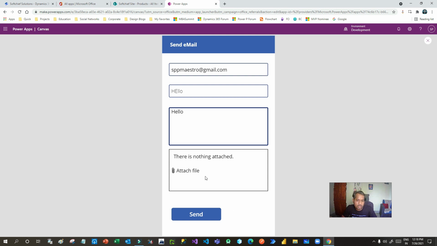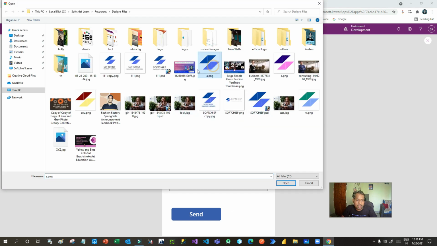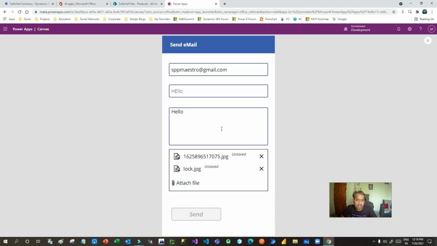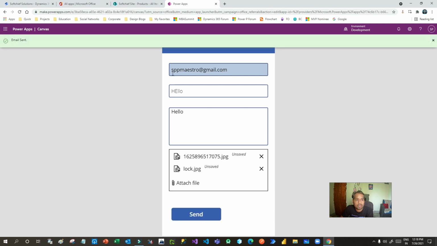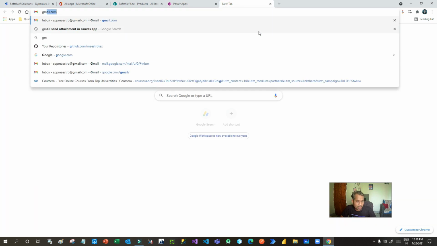And I can attach some files. Let me attach 2 files and send it. Once I click send, it will send an email to my Gmail account because I have specified my Gmail account here. Now email sent. Now I can go back and check my Gmail.